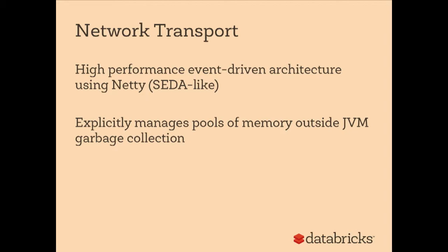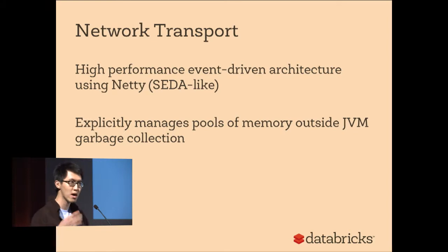The second part is we built a whole new network transport layer. So there are 2 parts to shuffle, right? One is how do you organize the data, how do you fetch them, and the second part is how do you actually transfer the data across the network. So we rewrote, in Spark 1.2, the network transport layer based on Netty. Essentially, this follows some very common patterns of event-driven architecture to get to high performance. One neat thing here is that a lot of this work is based on SEDA, the staged event-driven architecture, which is Matt Welsh's PhD thesis back in the 2000s